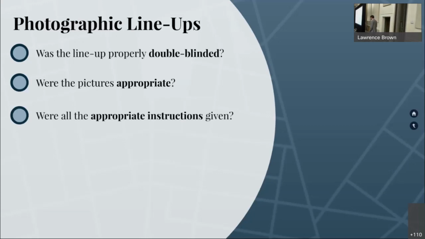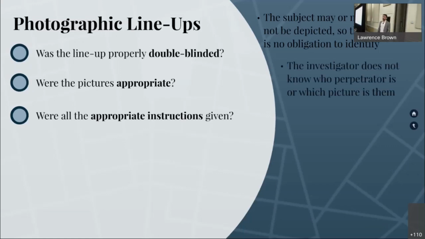There's some really interesting, again, back to psychology. I'm not a psychologist. I read enough to throw around psychological concepts at conferences and really upset my wife with them. But one of the areas of psychology that comes from photographic lineups is that instructions are actually pretty important. And the important instructions include, can you read that on that background? That was a bad choice on my part. Informing the individual who's doing the lineup that the subject may or may not be depicted. They might not even be there. So don't feel any obligation to identify someone.